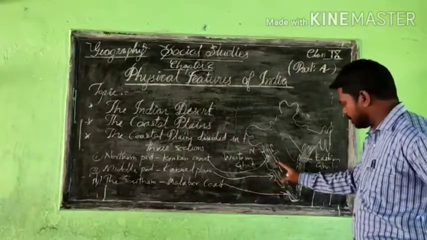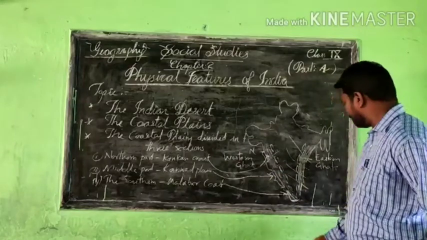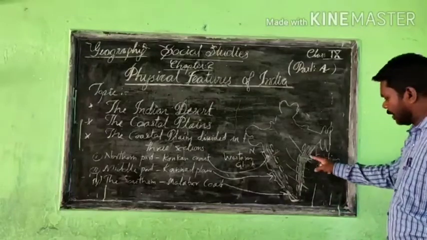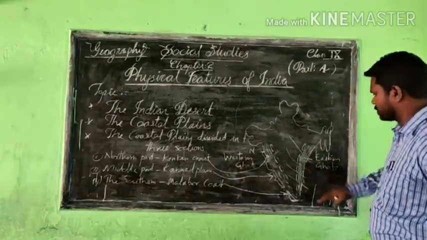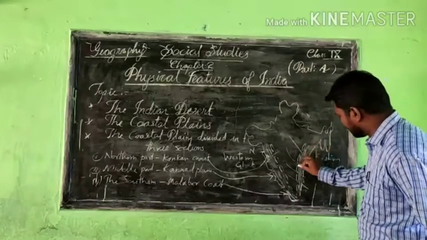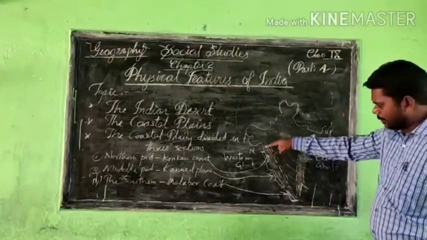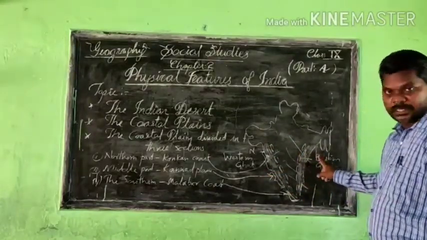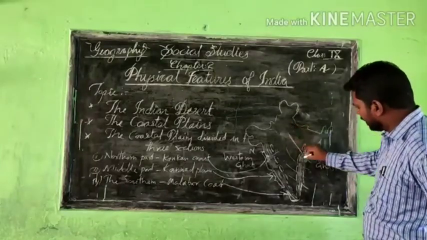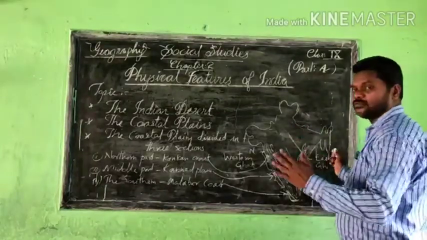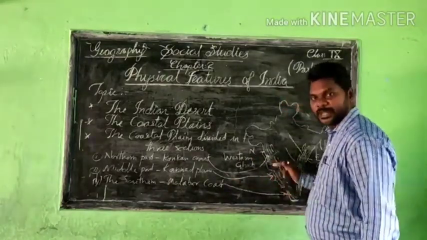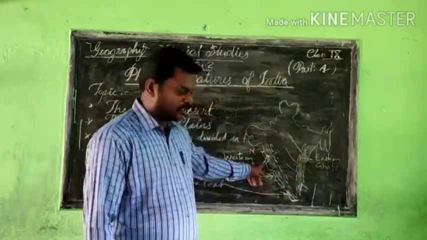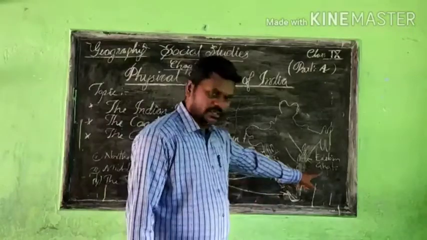In between the Arabian Sea and the Western Ghats, the plains are called the coastal plain. In between the Eastern Ghats and the Bay of Bengal, there is the coastal area of the eastern side, the eastern coast. This eastern plain is completely fertile. On the western side the coastal plains are very narrow, but going towards the eastern side it is vast because so many big rivers are there. There are drainage systems and deltas, and this is wider than the western plain. Eastern plains are wider than the western plain.